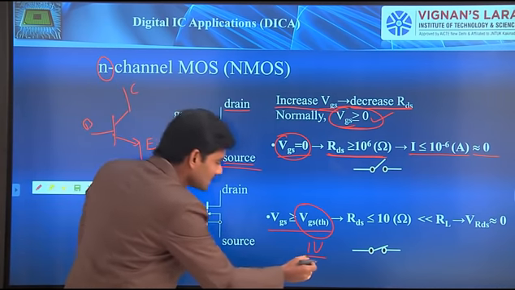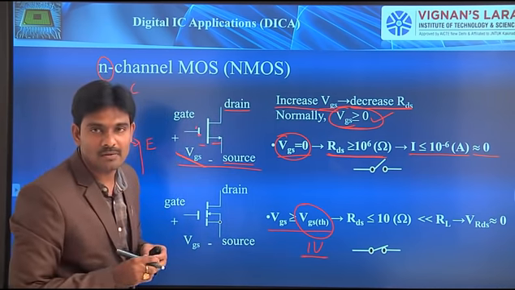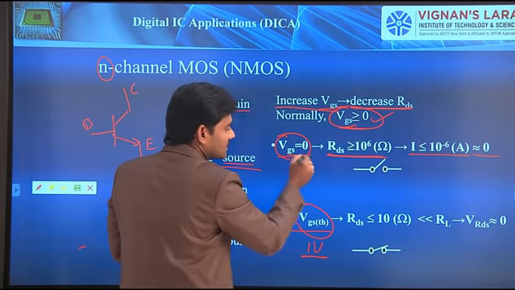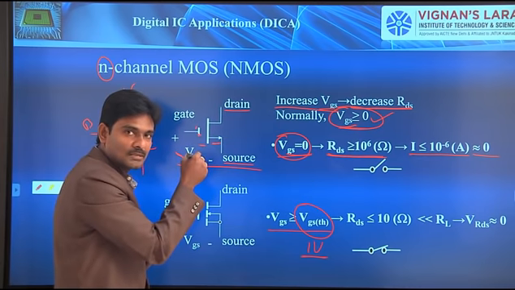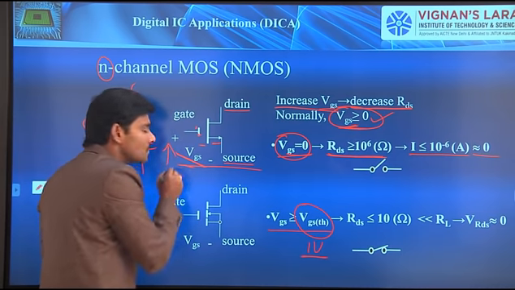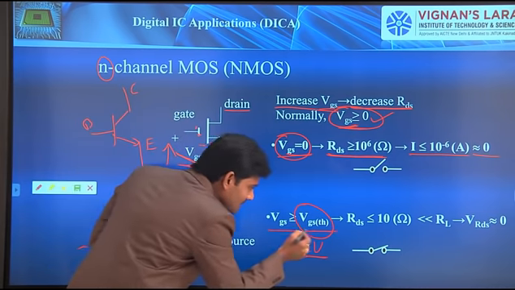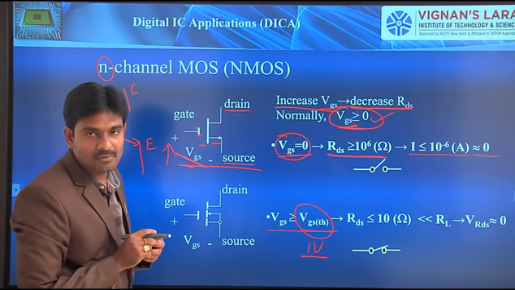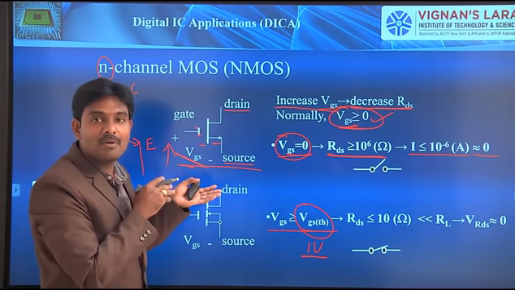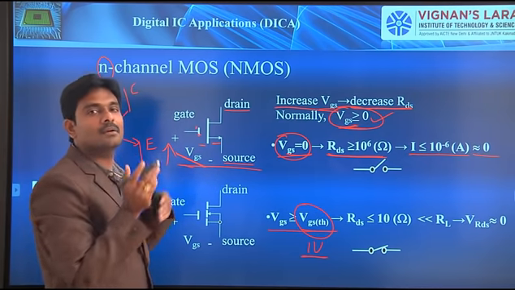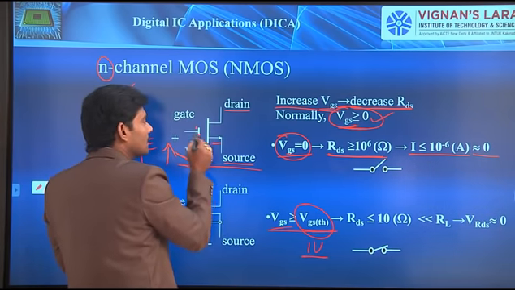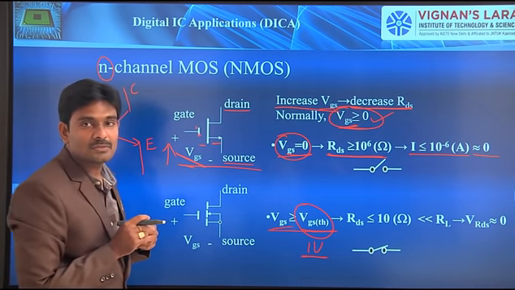In our case, I considered that particular threshold voltage value is 1 volt. Initially VGS is 0, so a high resistance is present between them. Next, if I keep on increasing the VGS value, once it reaches the VGS threshold value, which is the minimum voltage that we have to apply to enter into the on state,